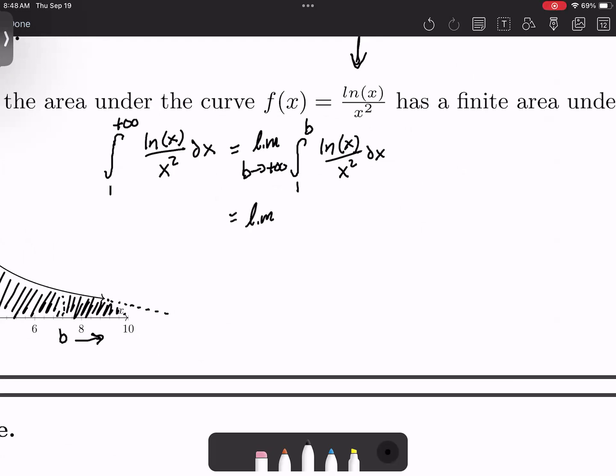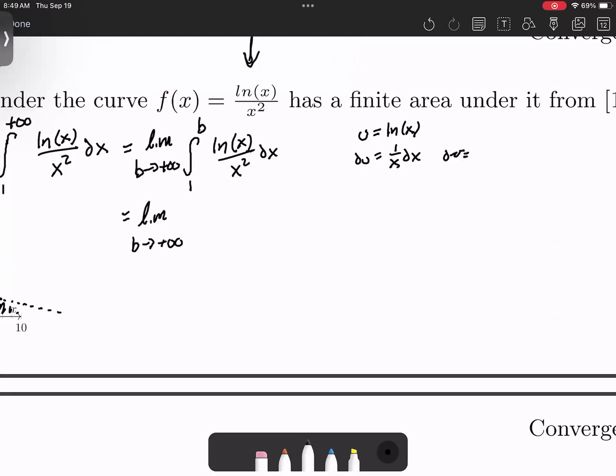The limit is going to be the very last thing that I take. I first have to give myself an expression for the area underneath this function from 1 to b. So I need to find an antiderivative and evaluate it at the bounds. So this problem, if you want to pause it for a moment and think about what you're going to do, this problem is an integration by parts problem. So if I choose to differentiate the natural log as 1 over x dx, meaning that we will integrate x to the minus 2, or 1 over x squared, as minus x to the minus 1, then integration by parts tells me that this integral can be written as